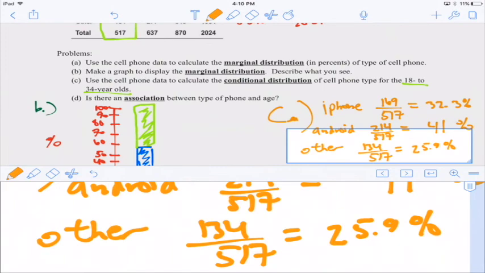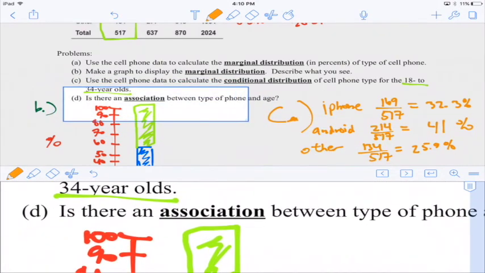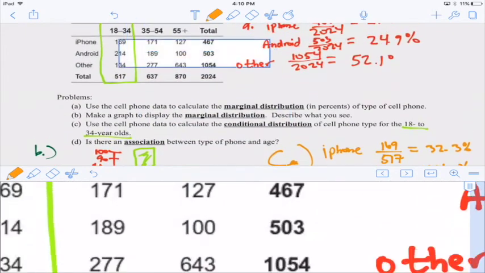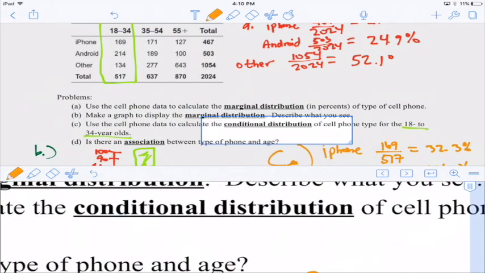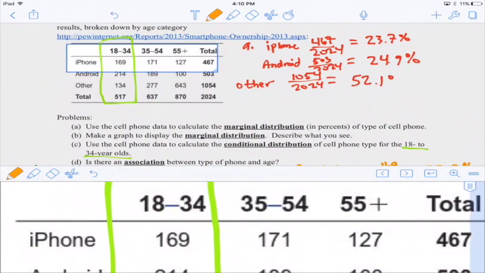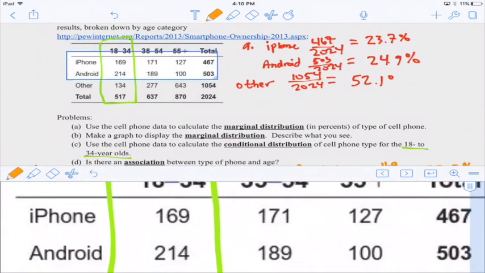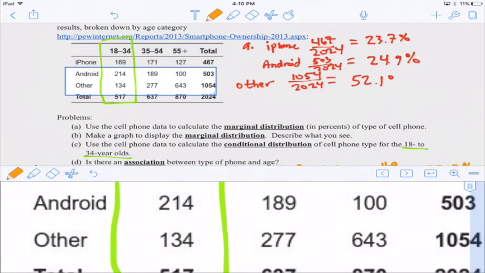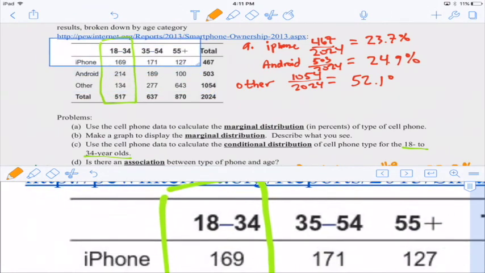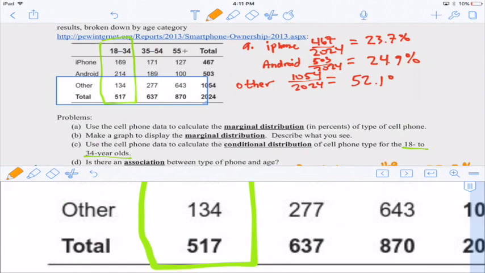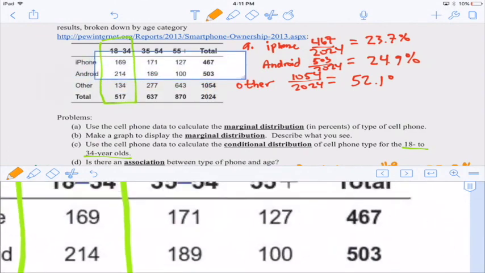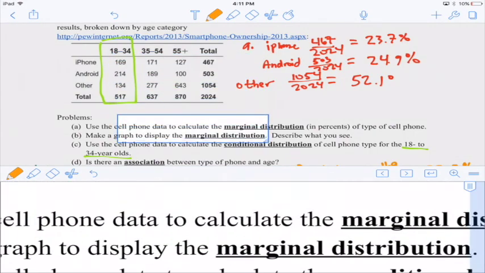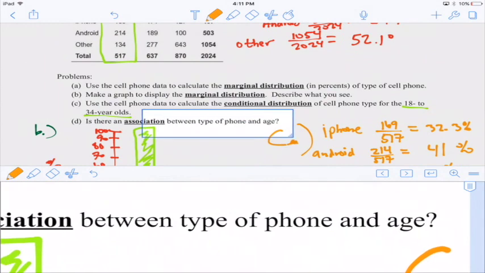So if we think about part D: is there an association between type of phone and age? There is. It appears, based off of this conditional distribution, that there are many more iPhone users that are 18 to 34 and even more Android users that are 18 to 34. So there is an association. It means that these younger people are using iPhones and Androids much more than other phones. And as age gets older, it seems that the distributions are changing. So yes, there is an association